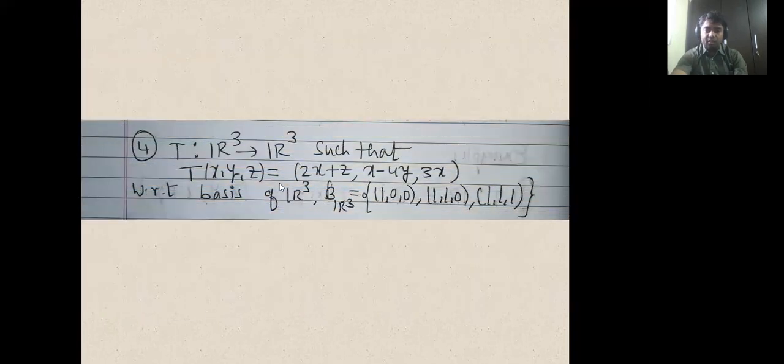Next lecture I will solve the fourth exercise, T from R3 to R3 with some definition with respect to a basis of R3. So instead of the standard basis, I have changed it to this basis. This basis you take for the domain as well as the codomain. These are V1, V2, V3, and similarly W1, W2, W3 are the same. V is the same and W is the same. Then you have to find the matrix of this linear transformation. Fourth exercise I will do in tomorrow's lecture.